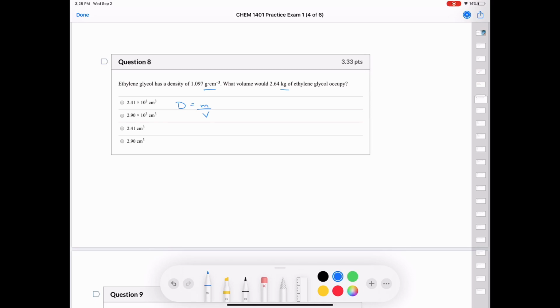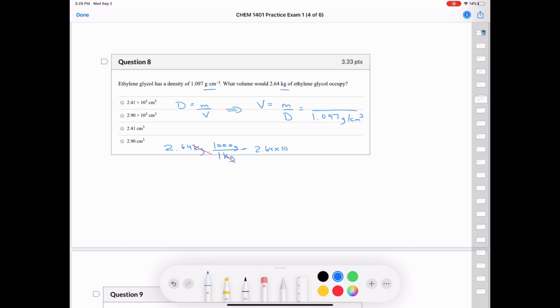We can rearrange that to solve for volume, and when we do that, we get that volume is equal to mass over density. Again, we have our density, which is 1.097 grams per centimeter cubed, but I think it would be wise for us to convert this mass into grams. And so we know that there are 1,000 grams in a kilogram, and so we'll put in 1 kilogram, there are 1,000 grams. Here's our conversion factor. Kilograms cancel out, and we end up with